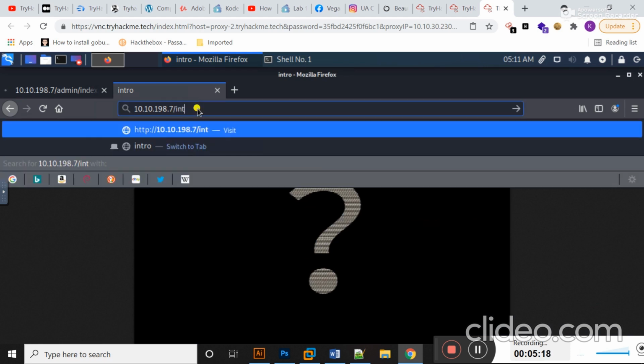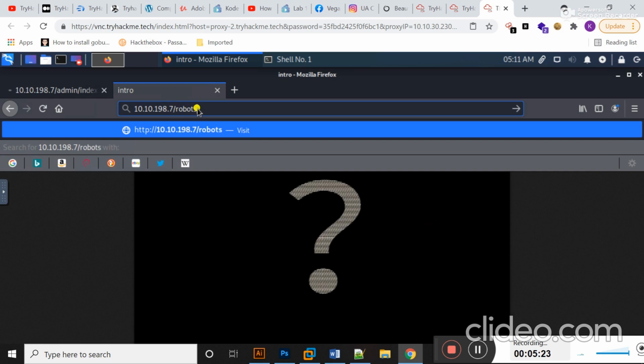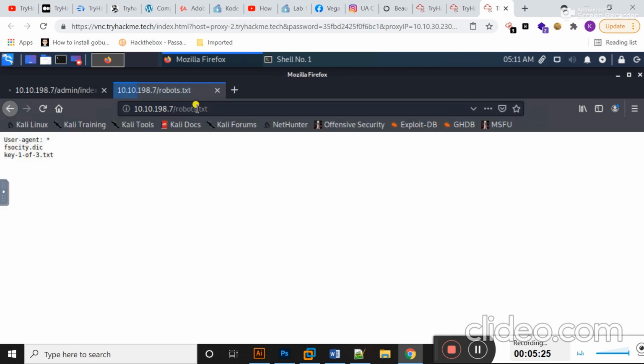Okay, let's try robots.txt and hit enter. Students, here you can see 3 files are present. I'm going to check them one by one.